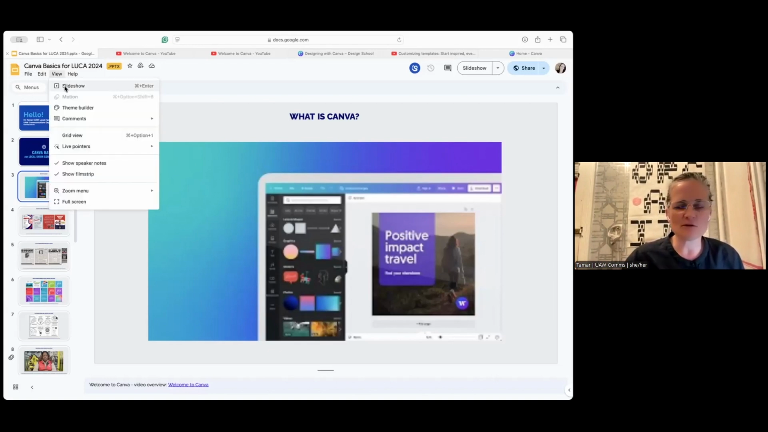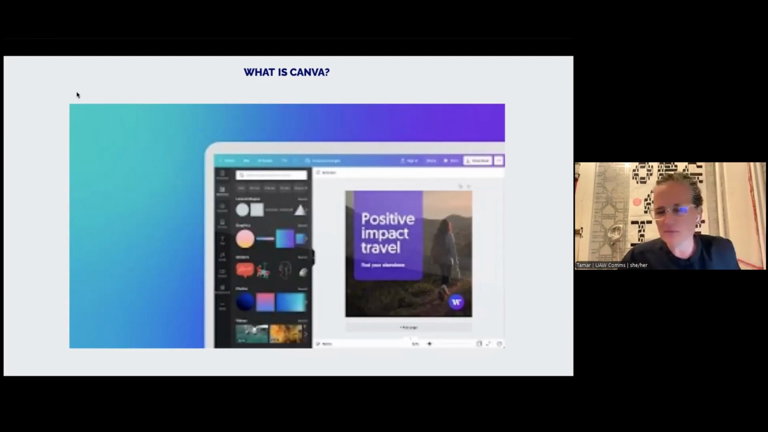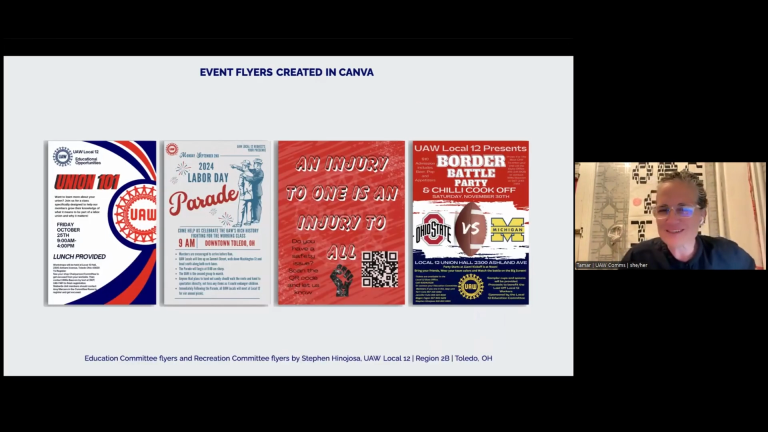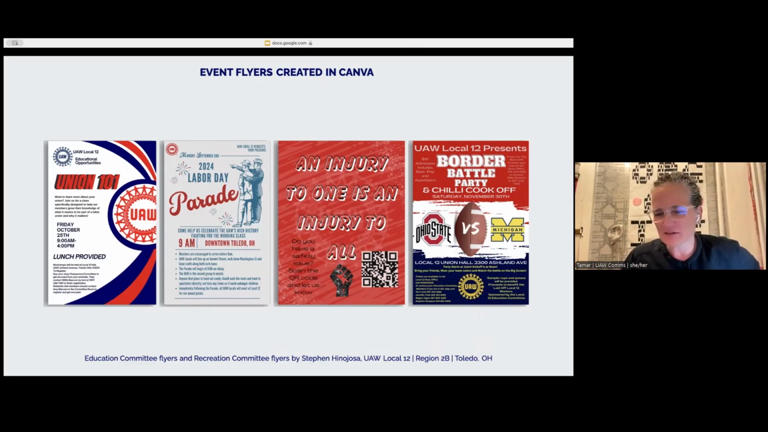So I'll just show you, for inspiration, a few examples of what your fellow members in the UAW, many of whom are local communicators, have created. So this is an example from Stephen Hinoyosa in Local 12 in Toledo, Ohio. And he shared with me these 4 posters that he created for his local, for the education committee, which he's part of, and also to support some of the other activities, the recreational activities, the holidays, etc., that they celebrate